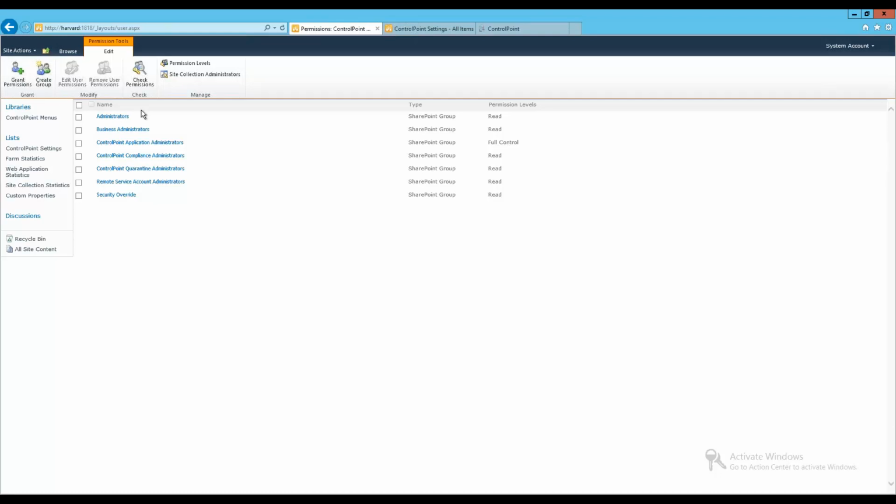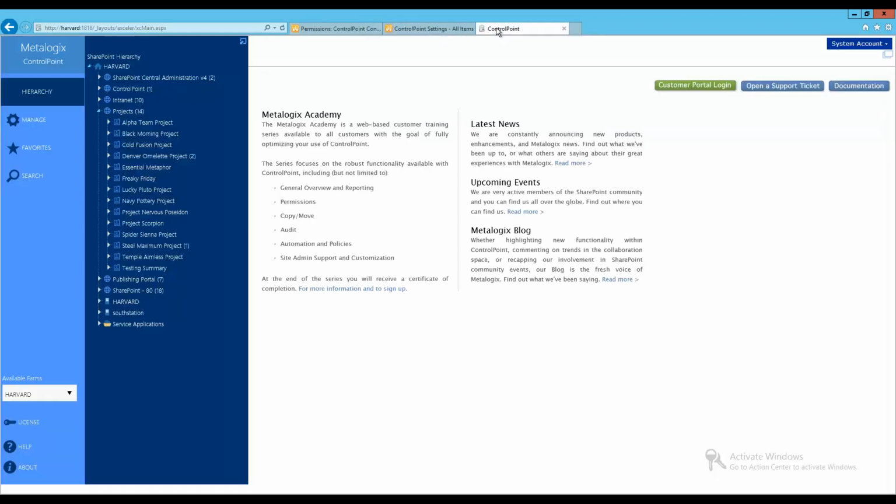That's a way that you can put users that are just members of a site owners group, or even members of an owners group or full control, to subsites or lists below the actual site collection level to give them a little bit more granular control of what they can manage from within ControlPoint. So let's talk for a moment, having covered that, about the way that ControlPoint actually security trims